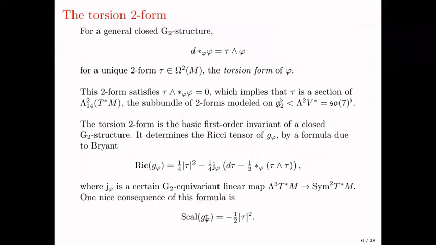One interesting consequence of this formula is that you can trace both sides and do some algebra, and you find that the scalar curvature of the induced metric is equal to -1/2 times the norm of tau squared. That's interesting for a couple of reasons. First off, the scalar curvature a priori looks like it should be a second order invariant, but actually it's expressed in terms of first order information. And the next interesting thing is that the scalar curvature of the induced metric is always non-positive. It's going to be 0 if and only if tau vanishes, so if and only if we're in this torsion-free case. So we already see that there's an interesting interplay between the geometry of the G2 structure, this torsion form, and the geometry of the induced metric,